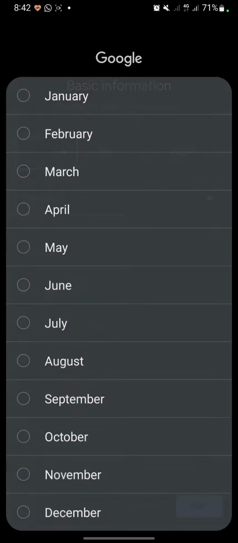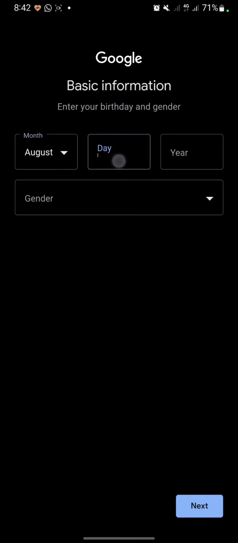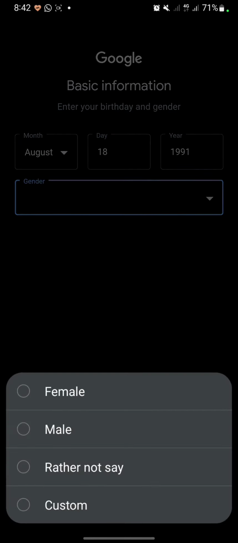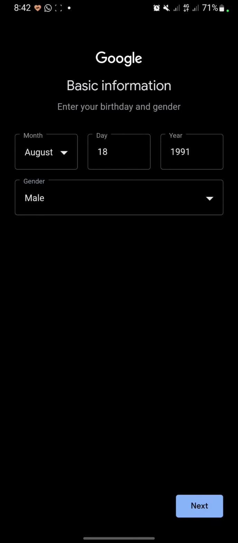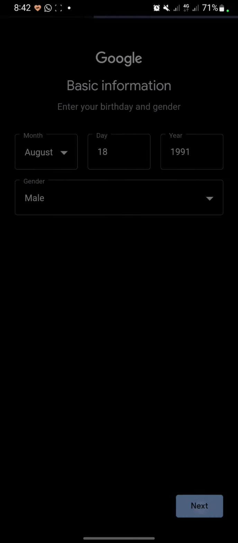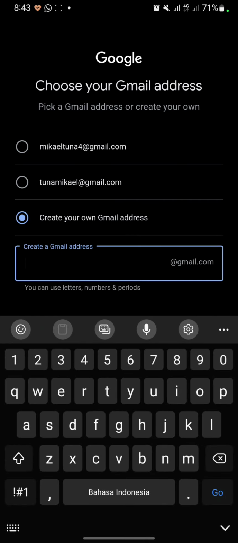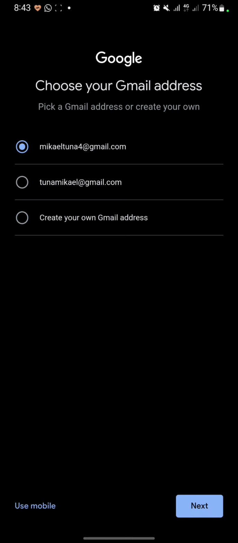Enter your birthday and gender. This is just an example, so I fill it not based on my information, so then click next. Choose your Gmail address, or you can create your own Gmail address by clicking on here, but I will choose from the option. Click next,